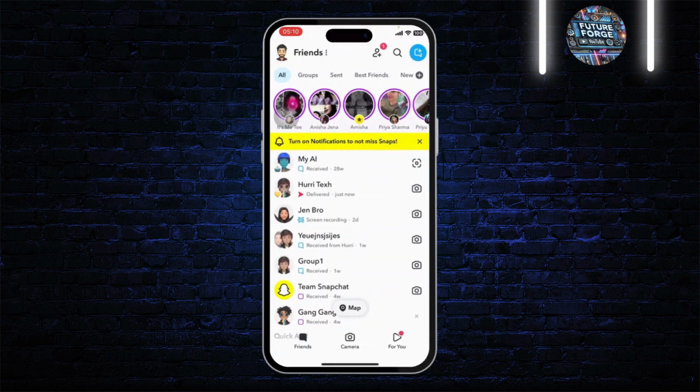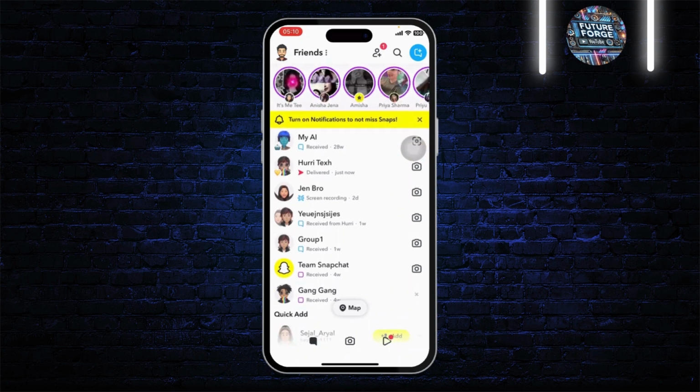Now, if he returns another snap for you or he has already sent you a snap, you will get a streak right around here, right here, and it should be a burning icon. So it should be a fire icon. So once you have started a streak with your friend, you will need to maintain it, and to maintain it, you will need to keep on sending,